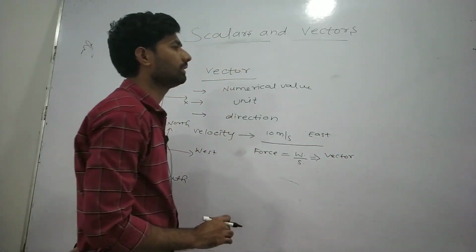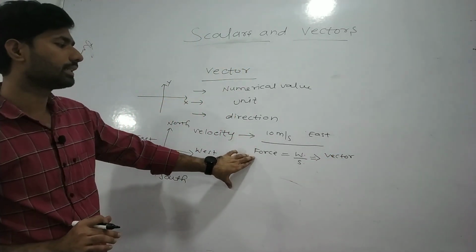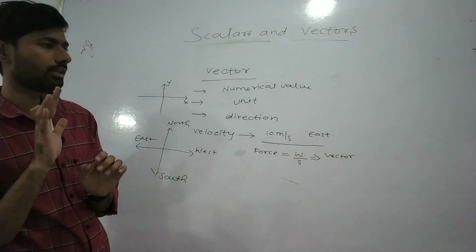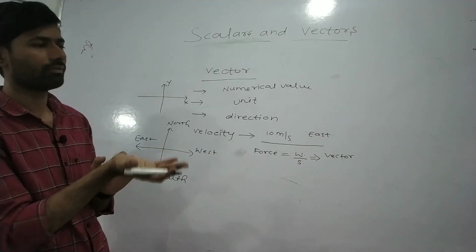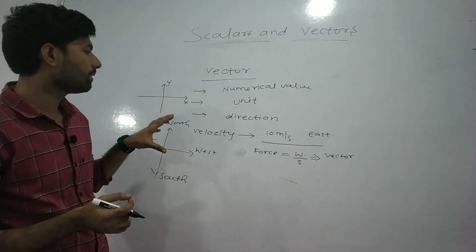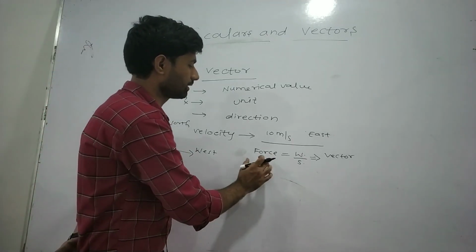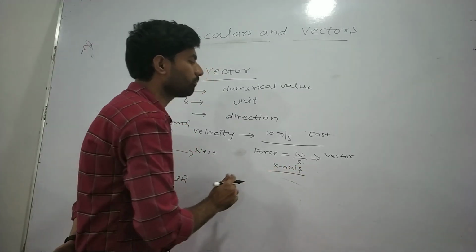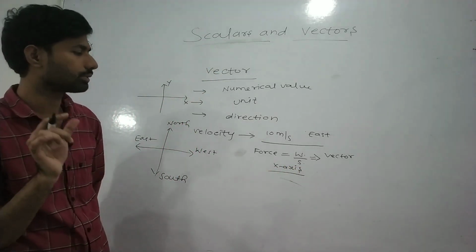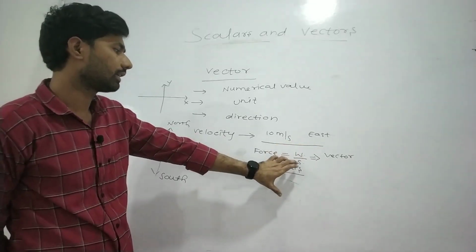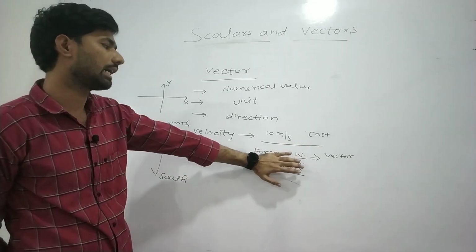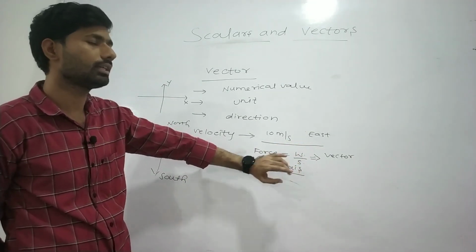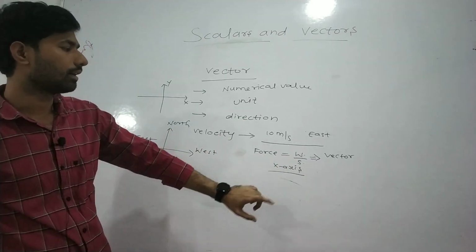So in this quantity also we need the direction. Work done in which direction? Along the x-axis direction, along the y-axis direction. So we must have some direction. Force, let us suppose, is along the x-axis. So we must have the direction to specify the physical quantity here. Otherwise that quantity will become a scalar quantity if we do not have the direction.